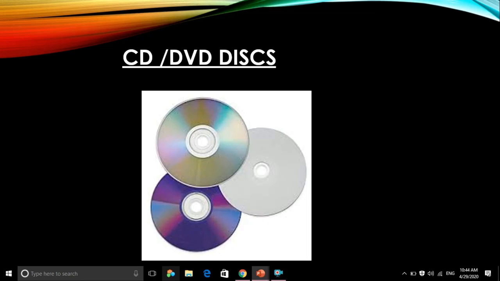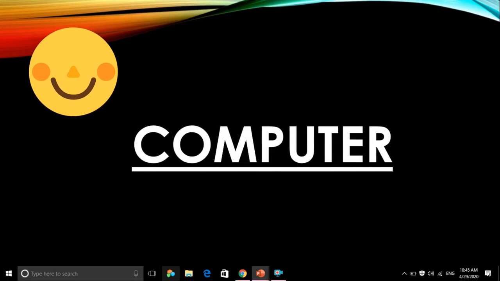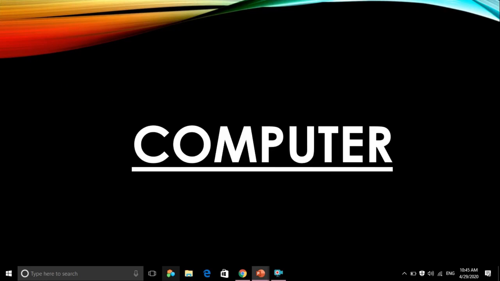You can store some music or some movies, small movies, animated movies, something like that, small ones inside this one, but it won't be having that memory space of a hard disk. In hard disk the memory space is way too much high, but in the CD and DVD too less. Okay, so that is the difference between CD and DVD and the hard disk. Okay, so now all the parts are done. I hope everybody is knowing the part names. So we are moving on to the computer.